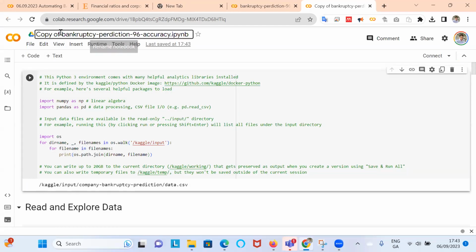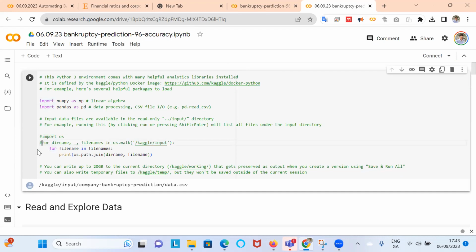This bankruptcy. And I typically put the date, today's date, so 06.09.23 bankruptcy prediction. And I can neutralize these, just comment out these lines of code and run, right?